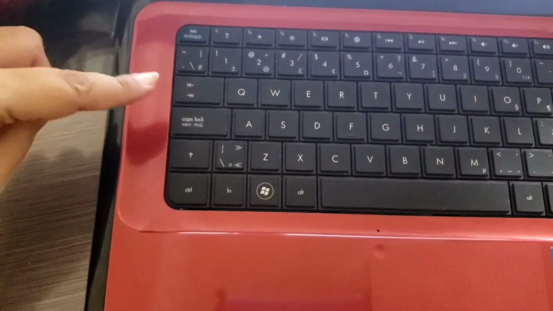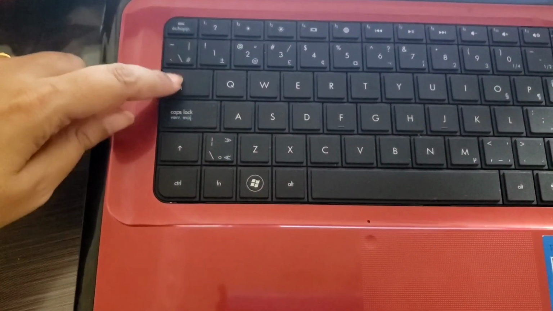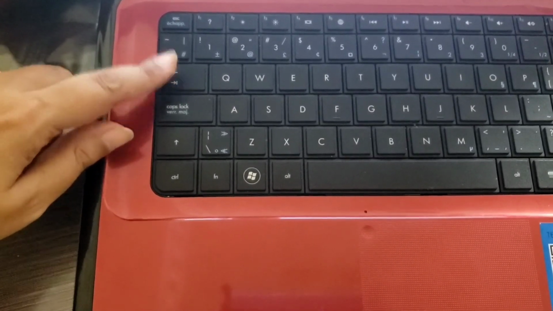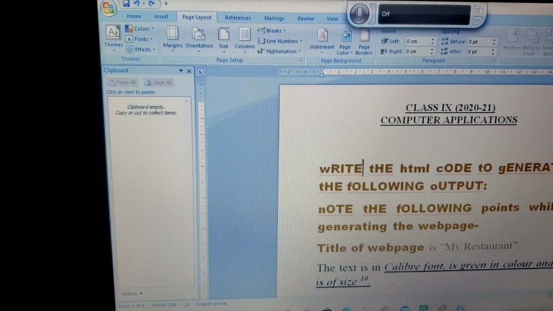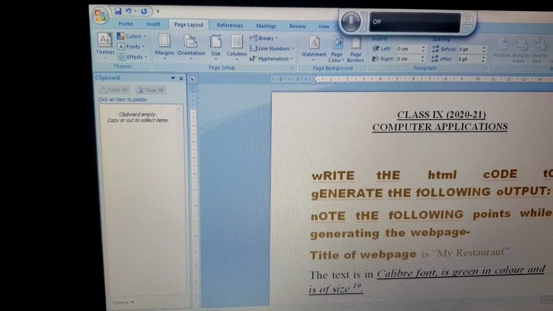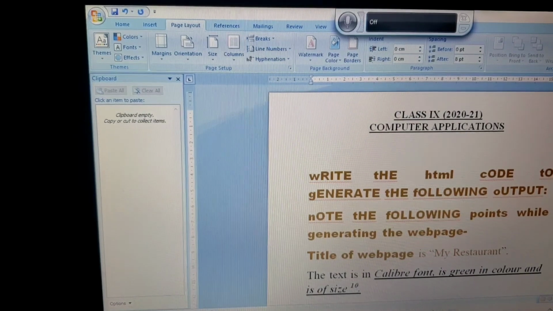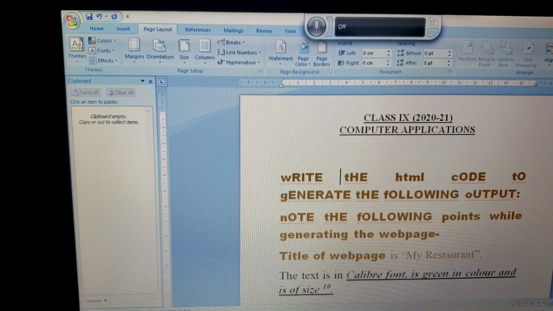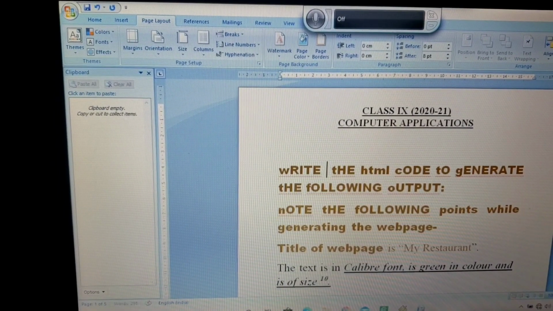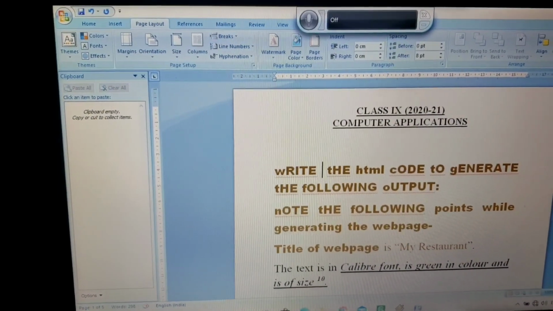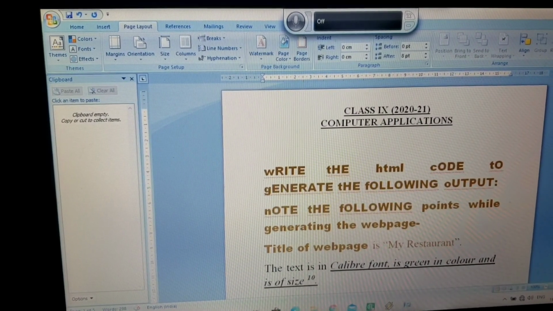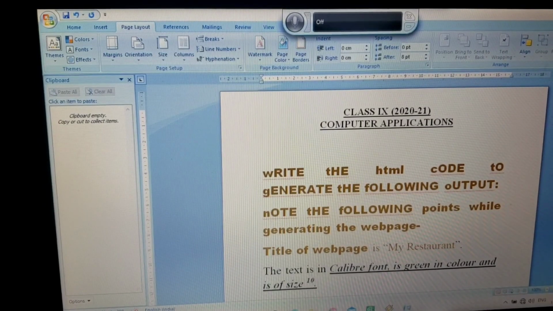You have this tab key. On my laptop it is not written, but maybe on your computer it is written tab key. Just press this key and your text will move further. See, the distance will be more when you are using the tab key. When you press the space, there is only this much distance, but when you press the tab key, the distance will be at least ½ inch from the left hand side towards the right. Remember this.